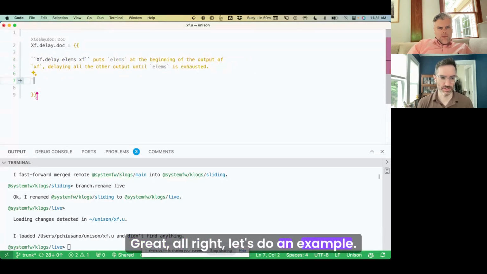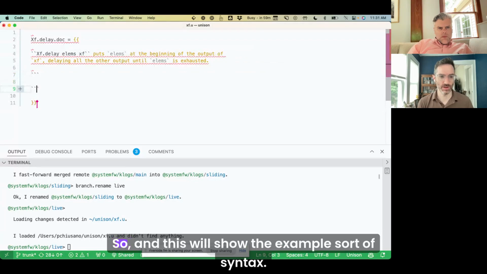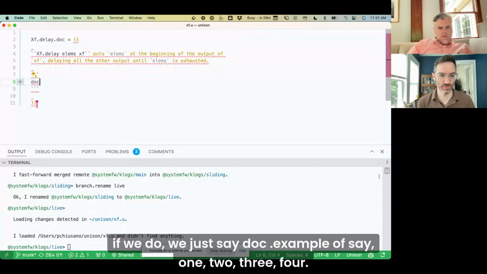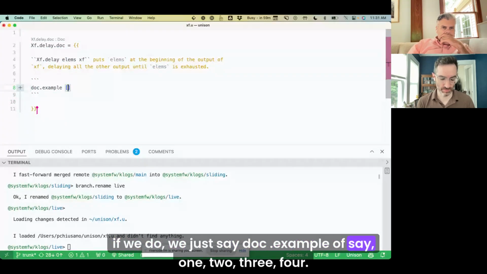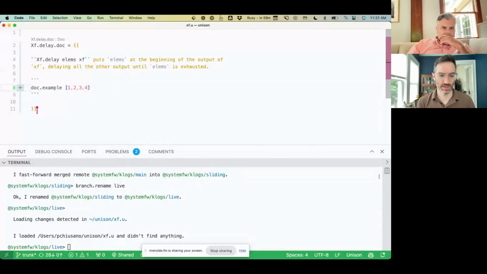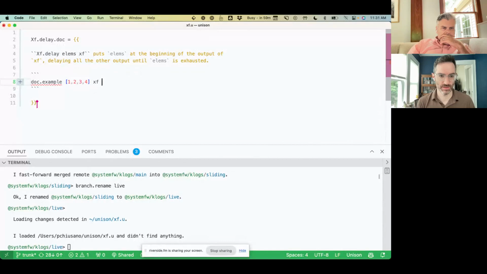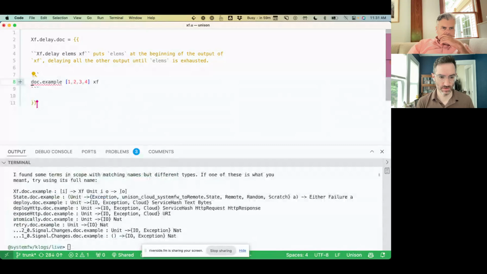Great. All right, let's do an example. And this will show the example syntax. So if we just say doc.example of say 1, 2, 3, 4. I think it's like that. xf.doc.example.